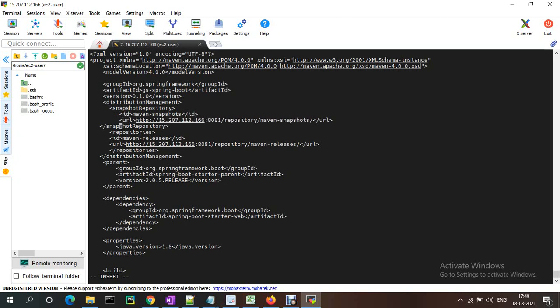This one is open, this one is closed. Okay, then repositories, this is open, maven releases.